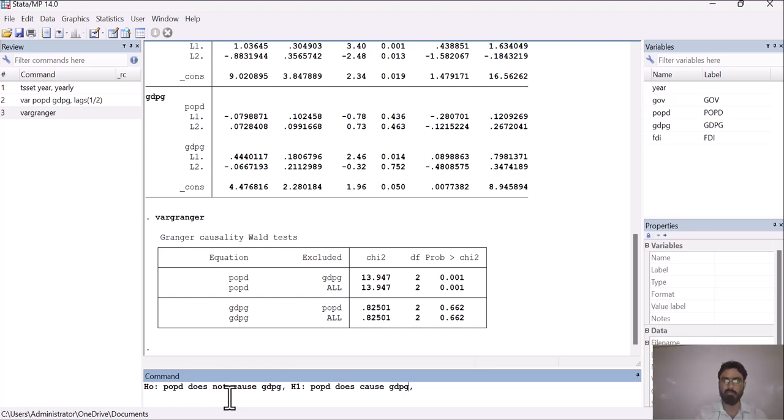So this is the conclusion from this scenario. So we have concluded that GDPG is causing POPD, but POPD does not cause GDPG when we have taken two lags. But these results can be changed when we include more number of lags.